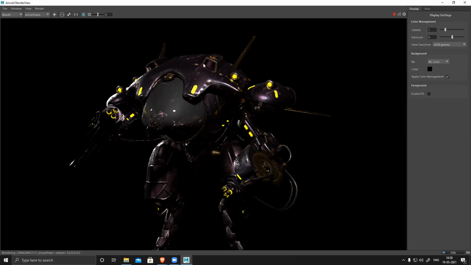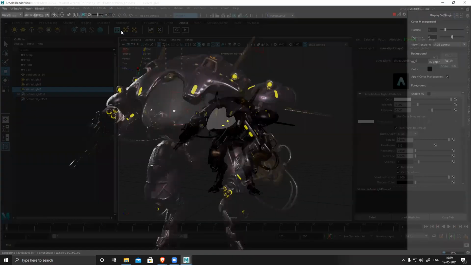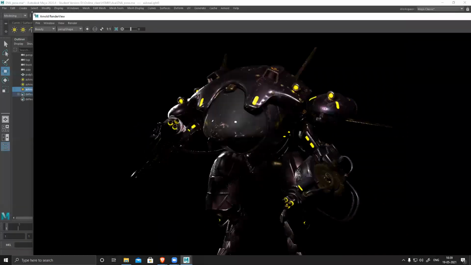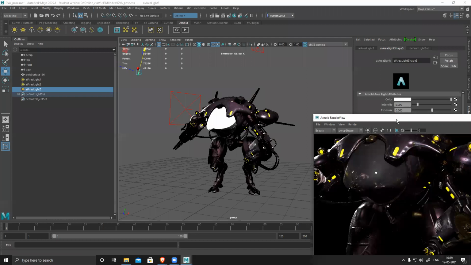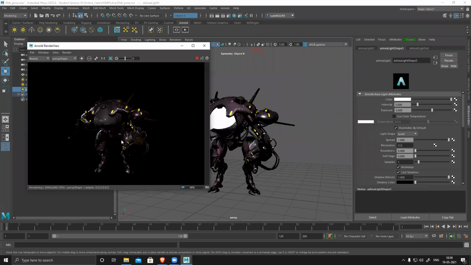So I can see one thing clearly, my normals are flipped. You can see my normals are flipped. So I can keep it here, resize the window. Resize the window, and it's the IPR. It's an IPR rendering, means it's in real time. If I modify any light, like select this, if I make it like 20, see it will start rendering once again automatically. You don't have to do anything.